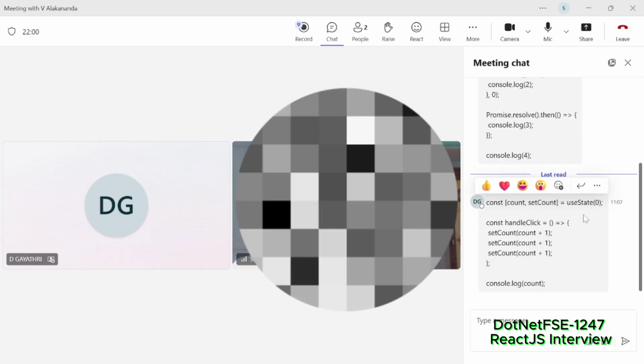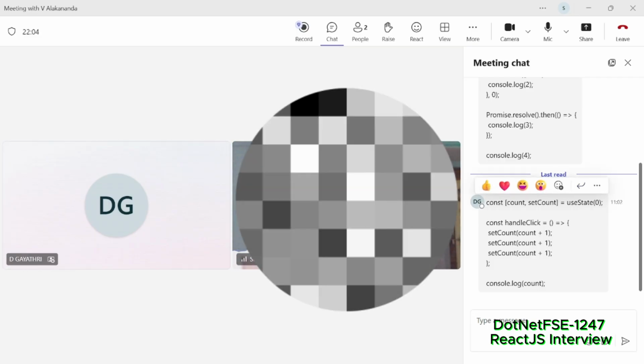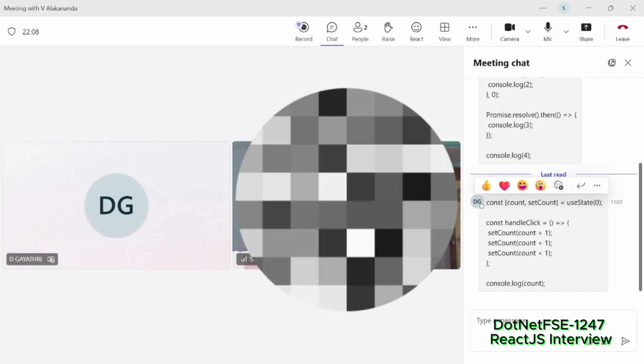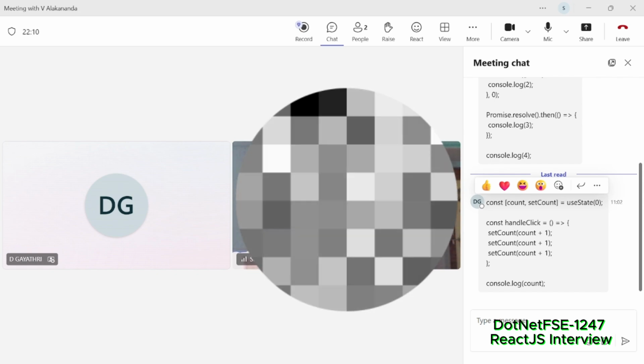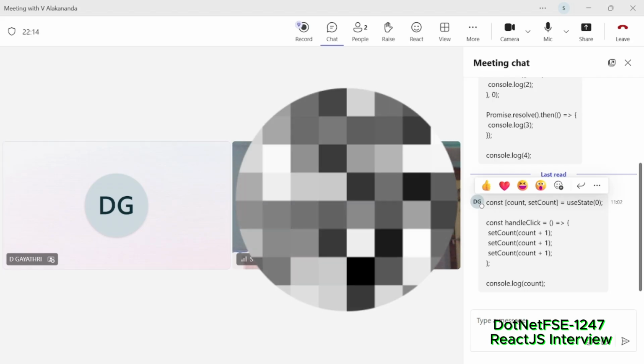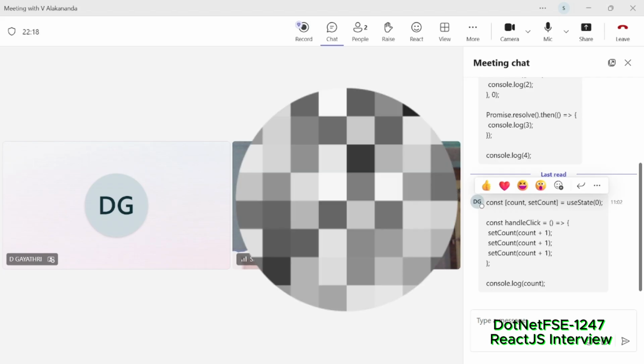How does the code flow? After clicking the button once, what will be the output? Here three times we are increasing the count value,